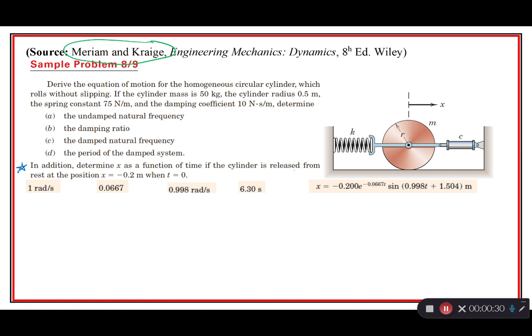In addition, using the initial conditions in something like this is a time-consuming and annoying thing to do. So I would not ask a problem on an exam like that because it's just too much of a headache. So anyway,